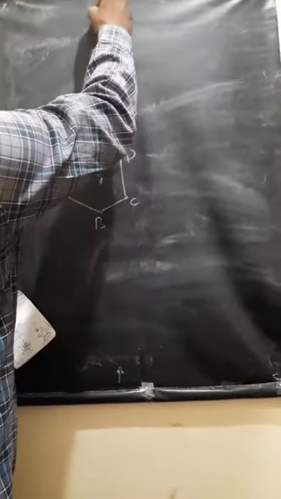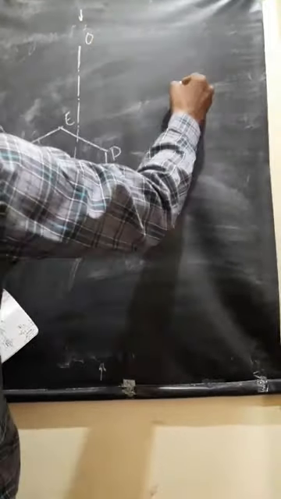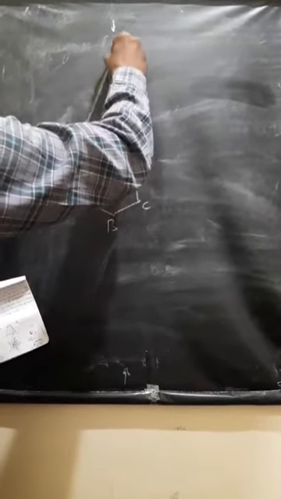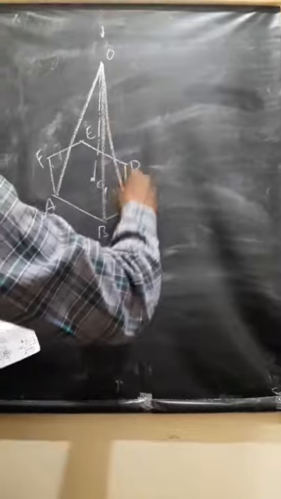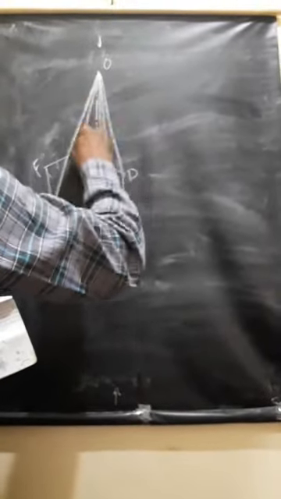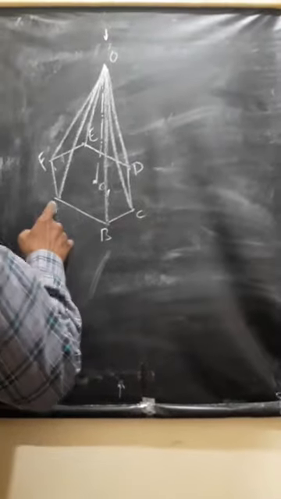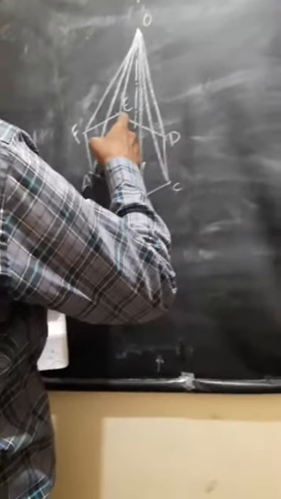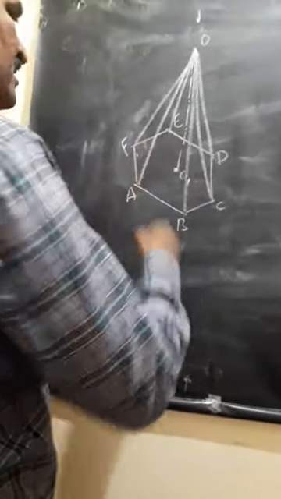If you see from top, it looks like a point. So O is visible and O1 is not visible. This is important because it is a line. Join OA, OB, OC. OA is a slant edge, OB is a slant edge, OC, OD, OE, OF are slant edges. AB is a base edge, BC, CD, DE, EF, FA are base edges. If I see from top, I can see the base is visible.